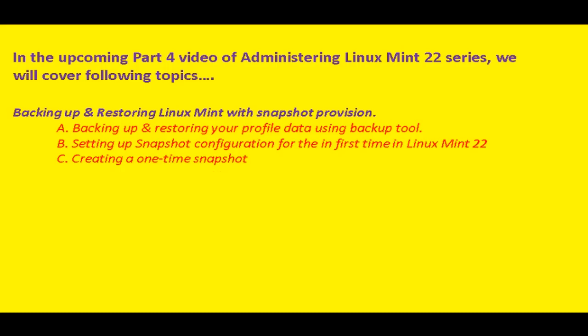Then next is we will be creating a one-time snapshot manually in Linux Mint 22. I will show you how to manually create a one-time snapshot, and then what are the schedules, what are the default settings for those snapshots. We will verify that one also. And then after taking the snapshot, we will be testing it with the restoration process. We will delete a couple of files and we will restore the snapshot, and we will check if those deleted files have been restored or not. Okay,